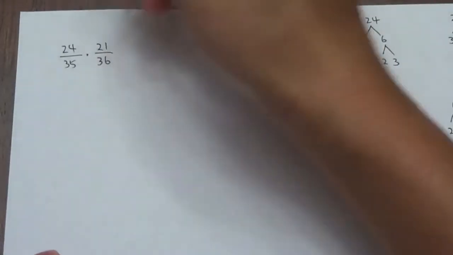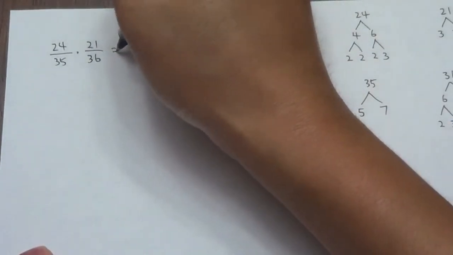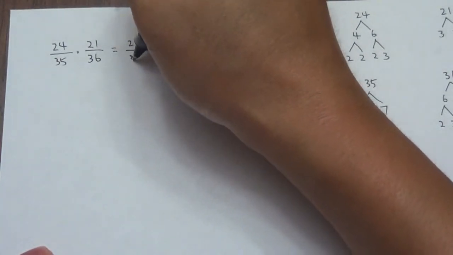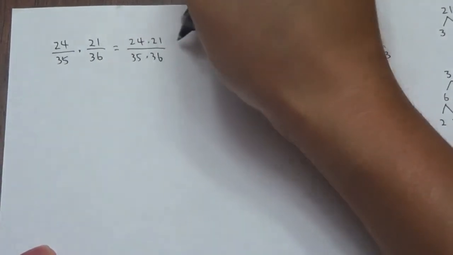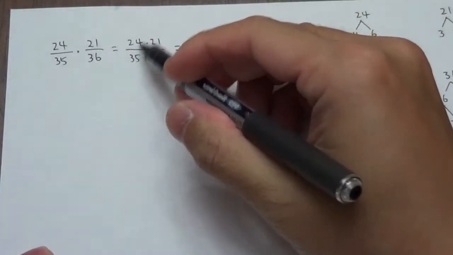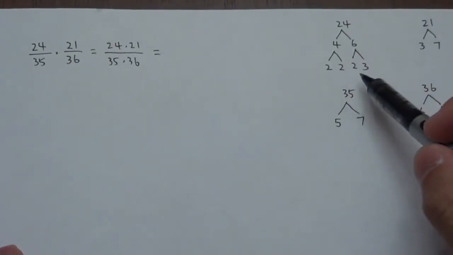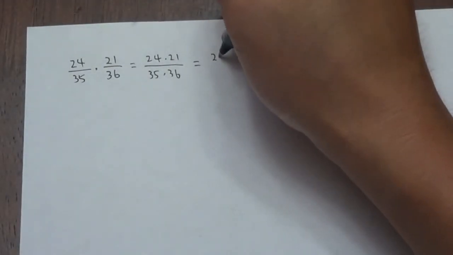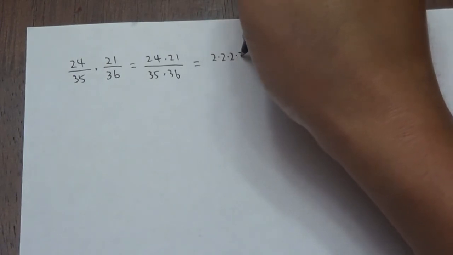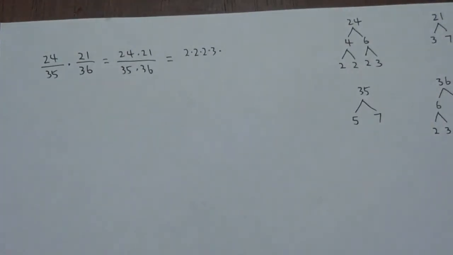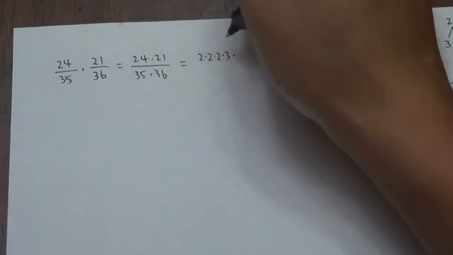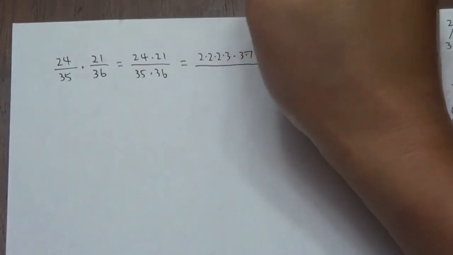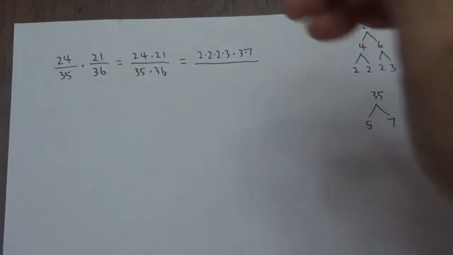Basically, I am breaking each number down to its prime factor form. All right. So as I write the rule, 24 times 21 over 35 times 36, I'm going to replace each number with its prime factor form. So 24 is 2 times 2 times 2 times 3, and then 21 is 3 times 7. Oops, 3 times 7, there you go. Okay, 35 is 5 times 7, and